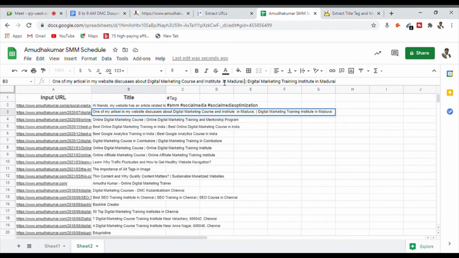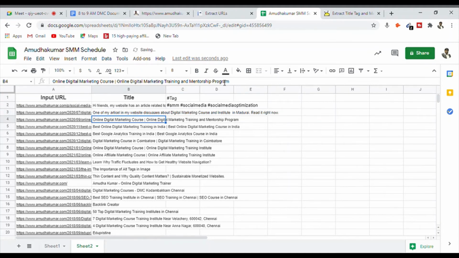I'm deleting the remaining stuff and I'll tell them to read it right now. That's it. Now this article talks about digital marketing course in Madurai.